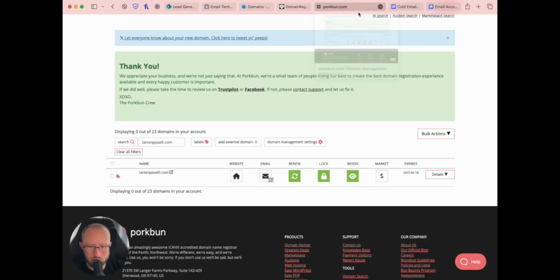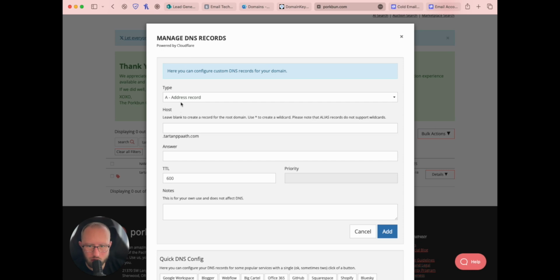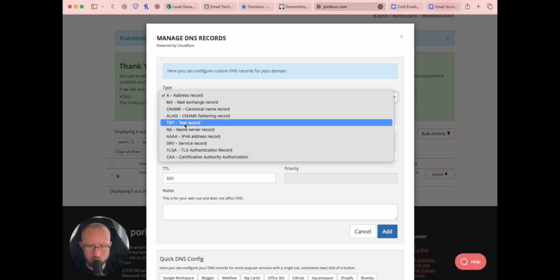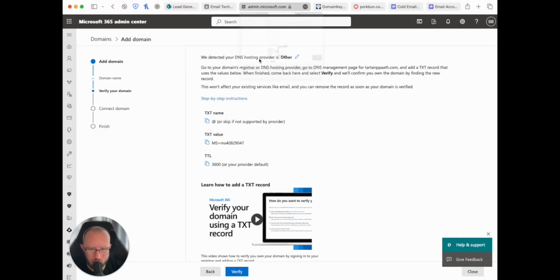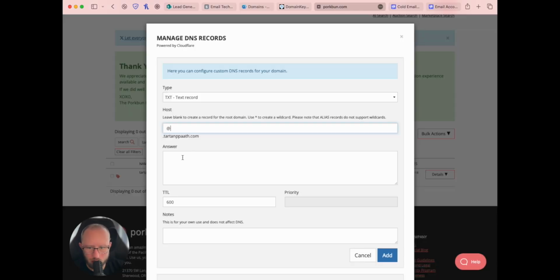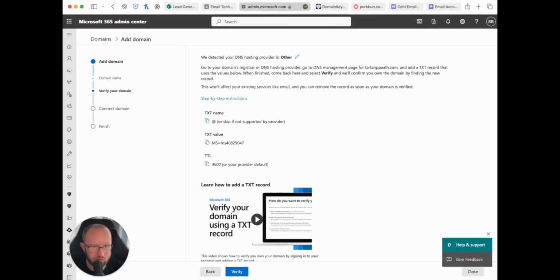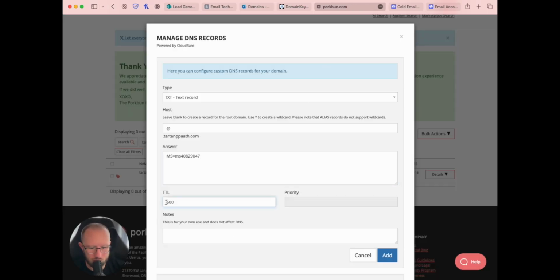To do that, we need to go to the domain in TorqueDone and click on DNS. You saw back there it said TXT, so it's a text record, and here we're just going to add an @ symbol, I believe. If we go back here, we can see there was a value that we had to add in. I'll show you where that goes right now. The value goes in here, and the TTL is 600. I think here it says 3600, so we just need to make sure we change that to 3600, and then we will add that